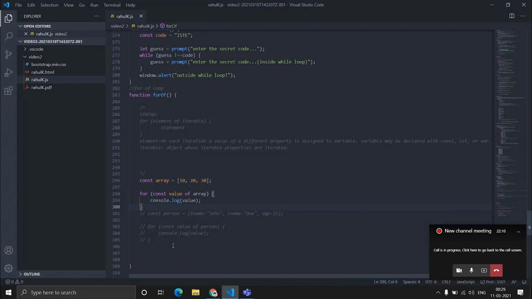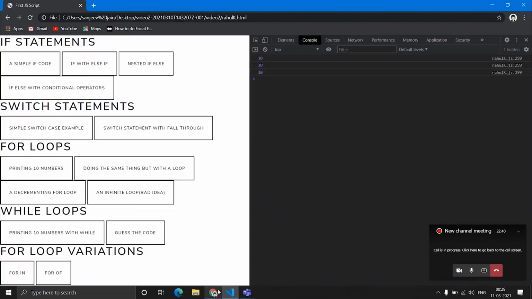As you might be knowing about objects in JavaScript, they are very similar to dictionaries in Python. This is the key, and this is the value associated with it. But our dictionary is not iterable, so definitely we are going to get an error if I try value of person. Since these are not iterable, we can't put an index on them, or we can't access these values through indexes. So we are going to get an error in this.